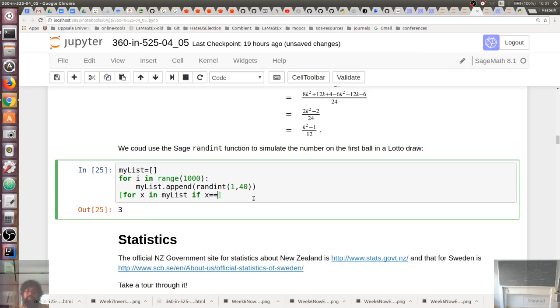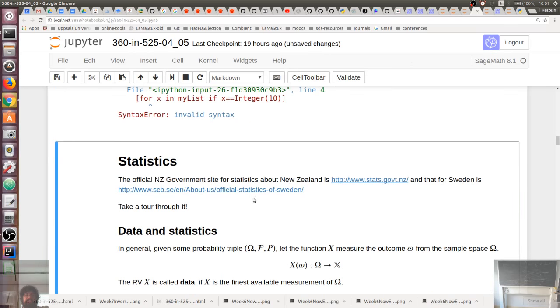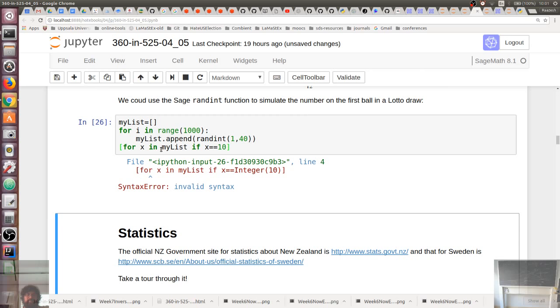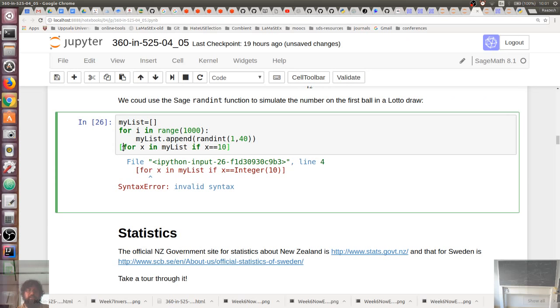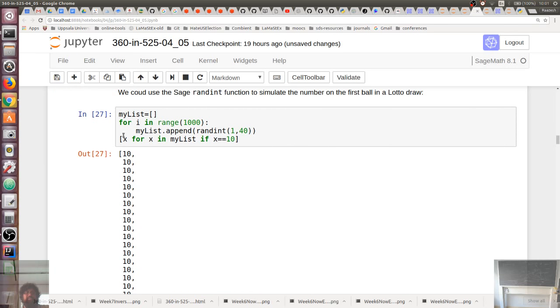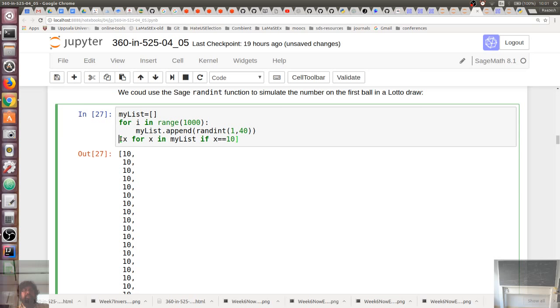If I want to grab the balls that are only 10, is this how I would do the list comprehension? No, it's syntax. You need to do x for x. So just add an x at the beginning. Oh, yeah, sorry. Good. x for x in my list if x equals 10. Thanks. Okay, so that gives me my list of the number of tens, right? So if I do the length of that,